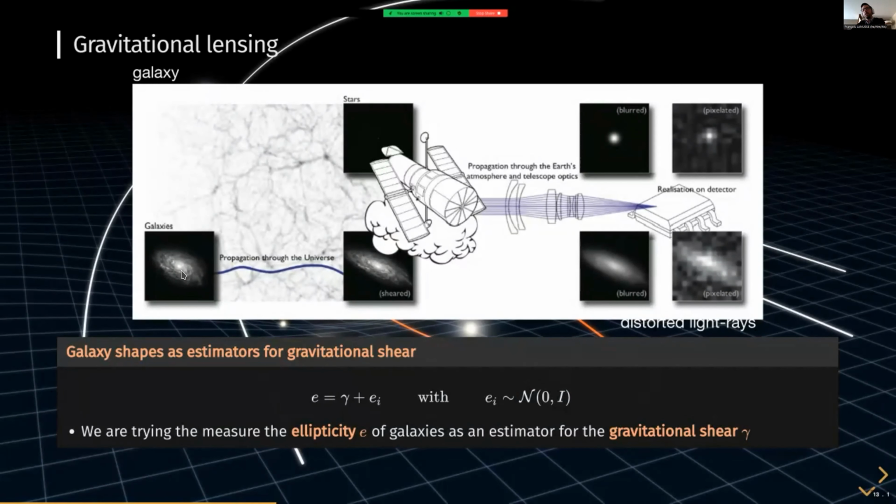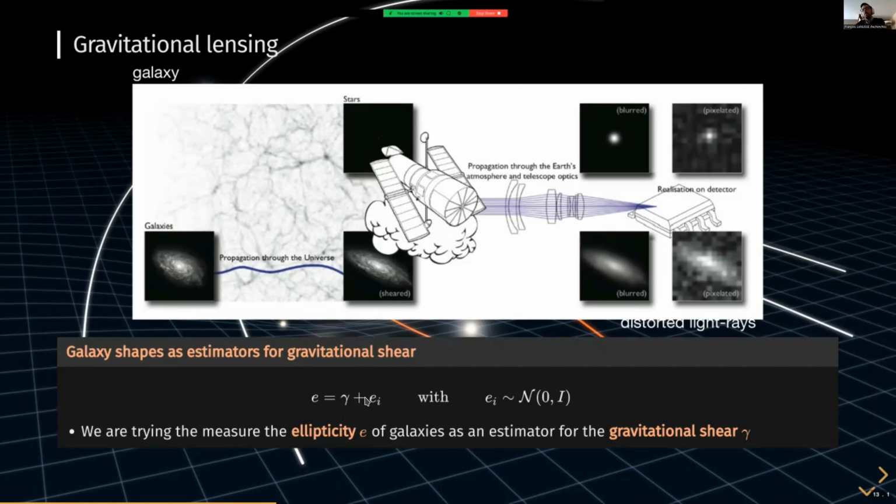Its light travels across the universe, and it ends up being slightly sheared, so stretched in one particular direction due to those gravitational forces in the middle. And then we look at this image through a telescope, and we end up with this thing actually on our sensors, and that's the data that we acquire. So one way to measure this gravitational lensing is actually to look at the ellipticity of this galaxy here.